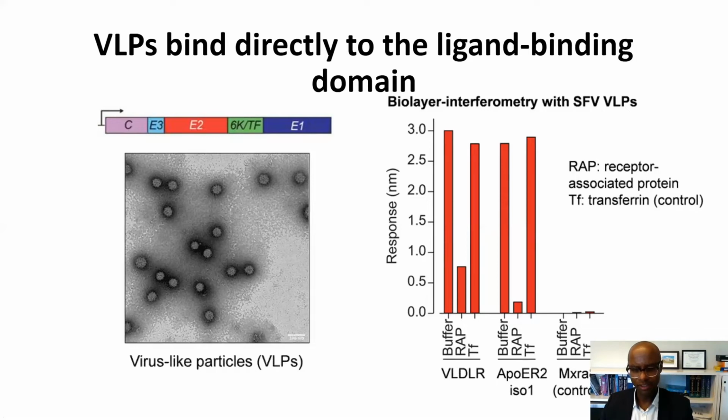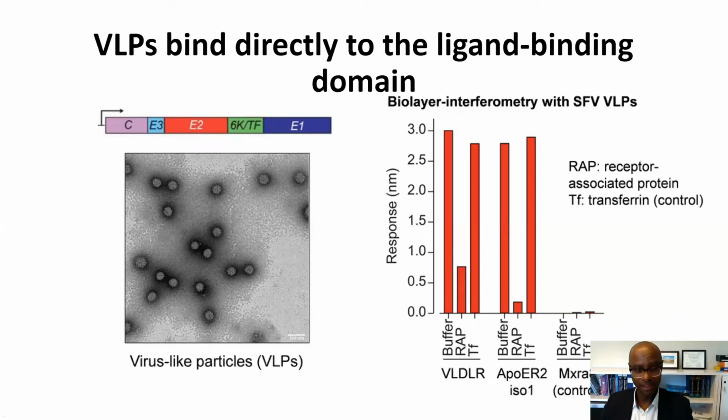So under the VLDLR graph, the left side of the graph, you'll see that when the VLDLR coated tips were dipped into buffer and then VLPs, we saw a response on the y-axis suggestive of binding. Receptor-associated protein is a ligand antagonist. So when we pre-dipped VLDLR into RAP-containing solution and then did the binding assay, we saw a decrease of binding